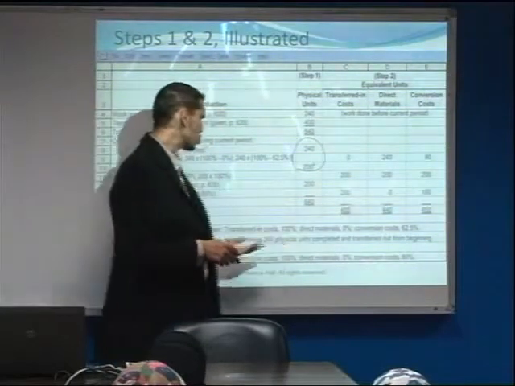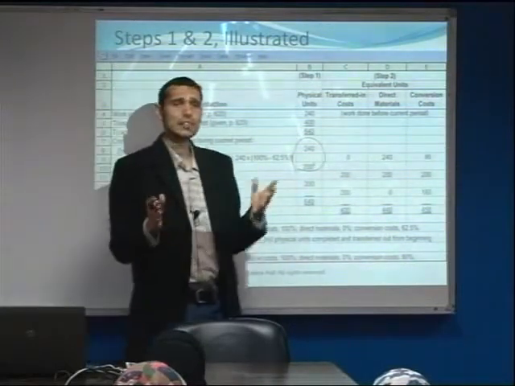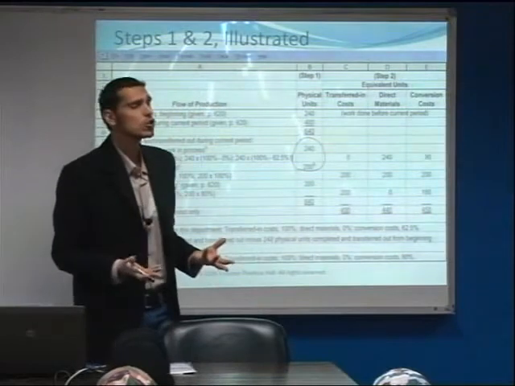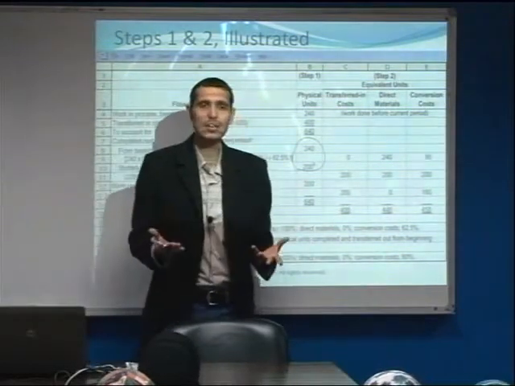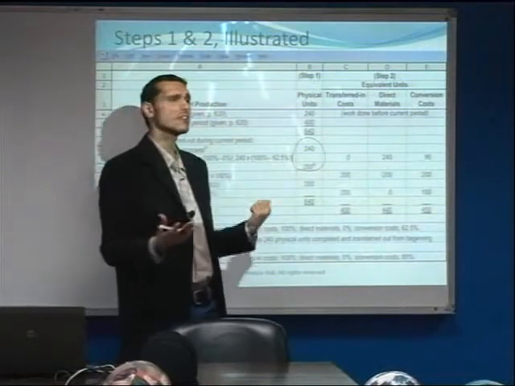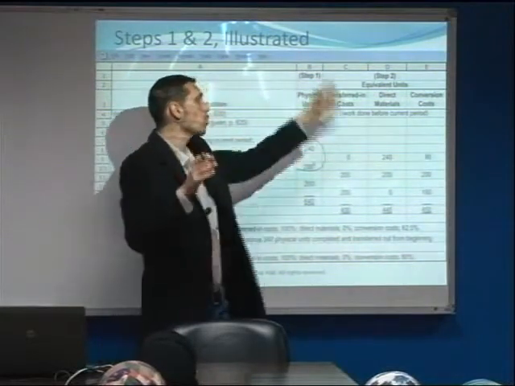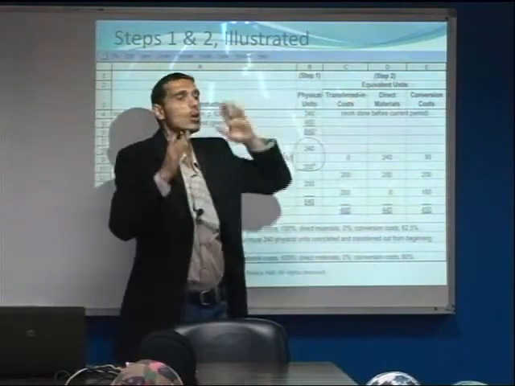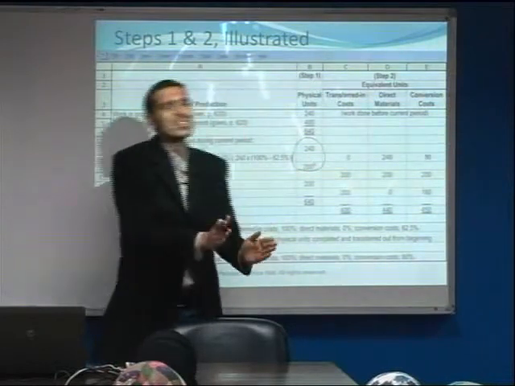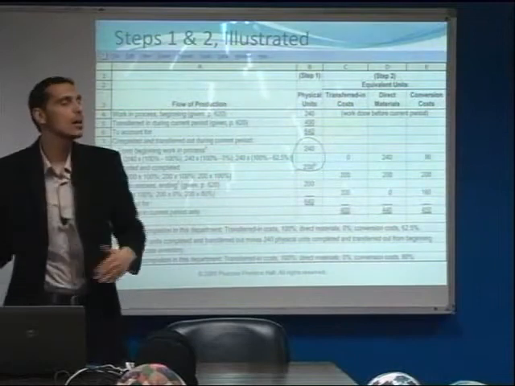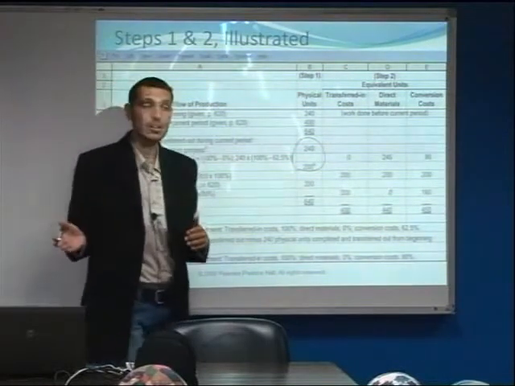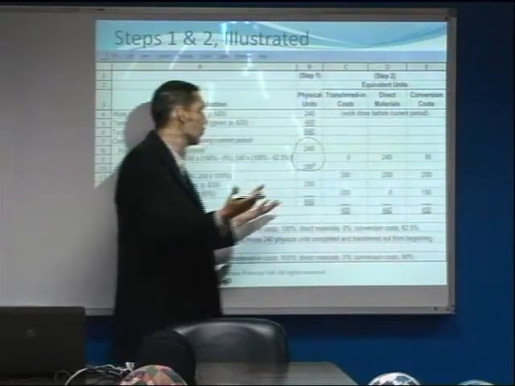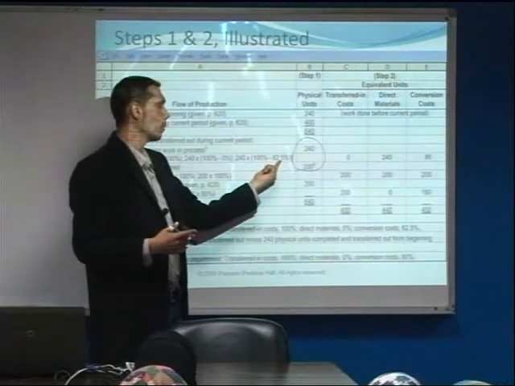Now, for the conversion costs, we said that the percentage of completion for the conversion costs was 62.5%. What do we mean by 62.5% for the beginning inventory? It means that the cost incurred regarding the conversion costs was 62.5%, incurred in the previous period. Therefore, in this period, we are going to incur the completion of the remaining portion. Therefore, 100% minus 62.5%